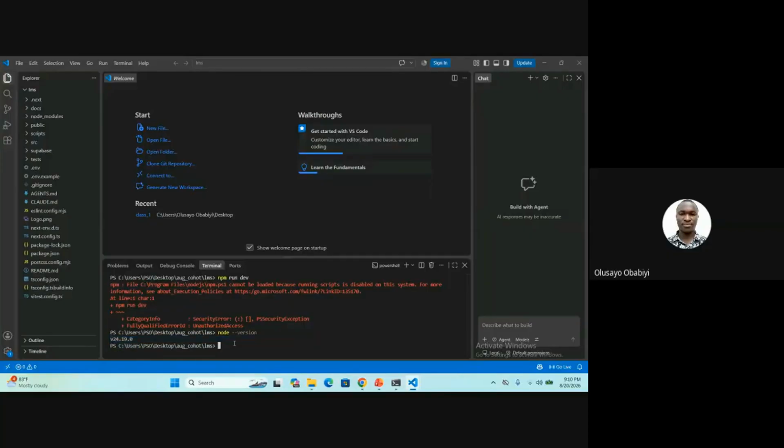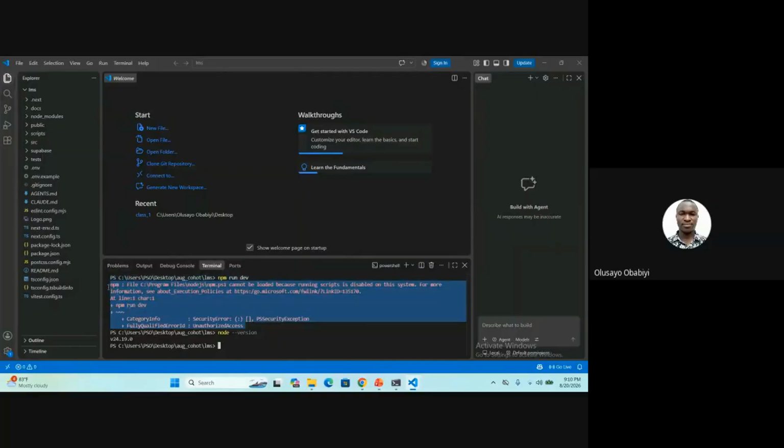That tells me node is available here. Then it is about permissions. It's telling me that I cannot run the script. If you look at the last line, like we said, you see fully qualified error ID, unauthorized access. That means I don't have access to run